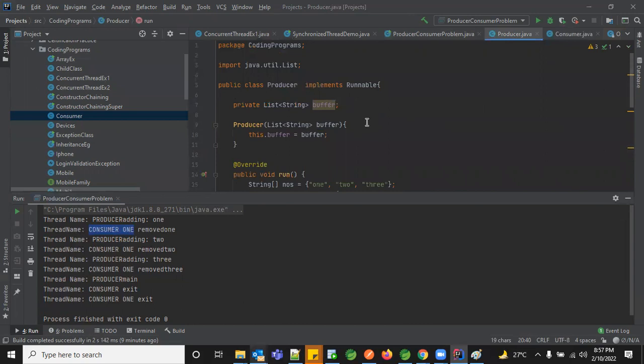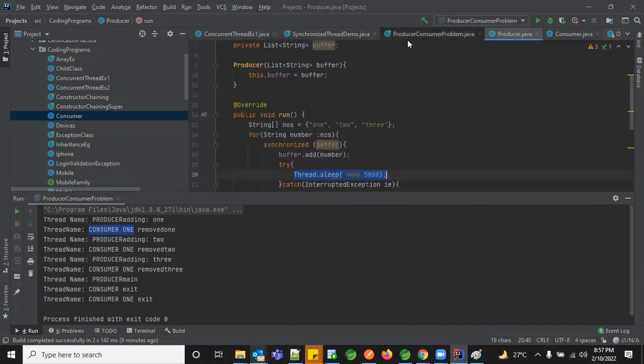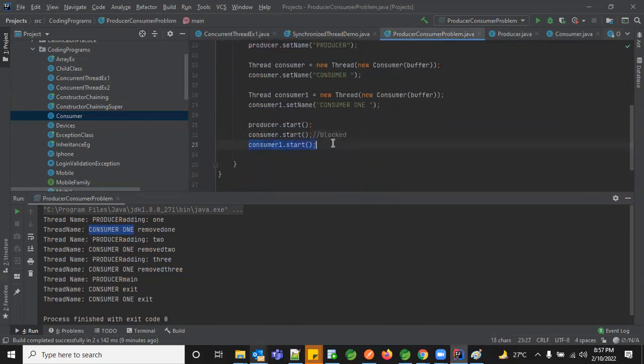No, it's clear. Okay. So as we discussed, the wait and notify methods. When do we go for wait and notify? When deadlock happens, right? When two threads communicate, like here also you were having more than one thread, the consumer and consumer one. But since we used synchronized, the other thread didn't get a chance. It was still in blocked state. In wait and notify, it is more of concurrent activity.